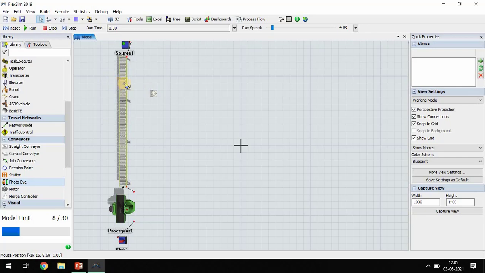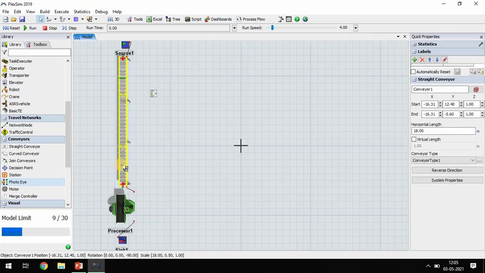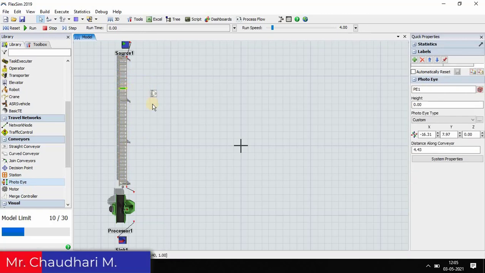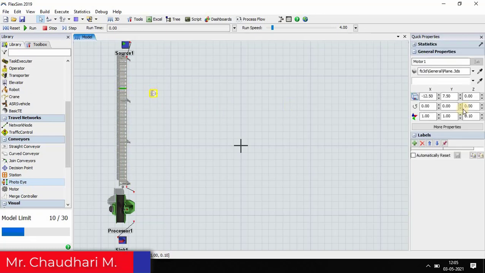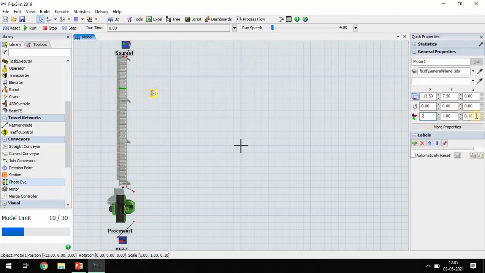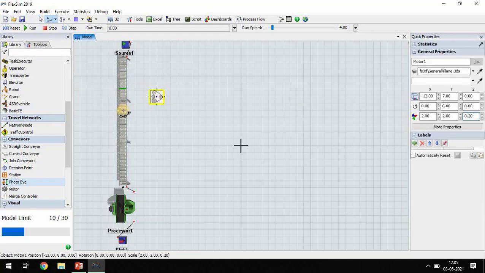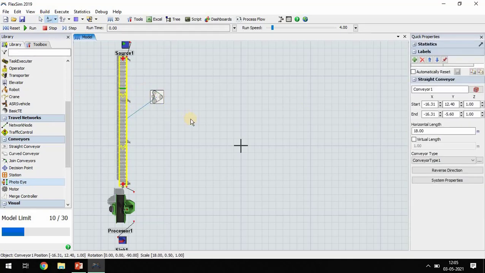Sensor means input and motor means output. Now increase the size for better visualization. Again, make a connection from motor to conveyor. That's it. So the first part is over now.